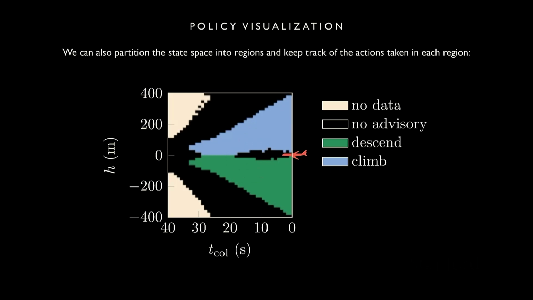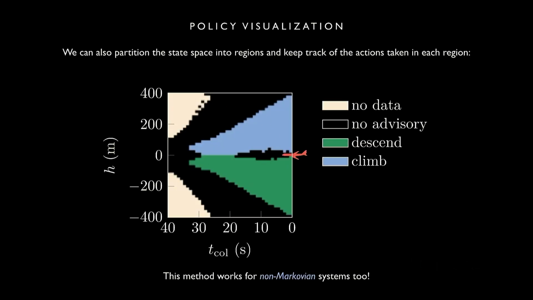But that does bring me to my next point, which is what's really nice about this method is it works for non-Markovian systems. So if it is history dependent, we can't just look over the state space and say, in this state, I'm going to take this action, because it also depends on how you got to that state sometimes. And so in this case, we can actually just simulate a bunch of rollouts, then we know how we got to every single state, and we can still make this kind of visualization. So this is nice if you have a complex, potentially non-Markovian system as well.